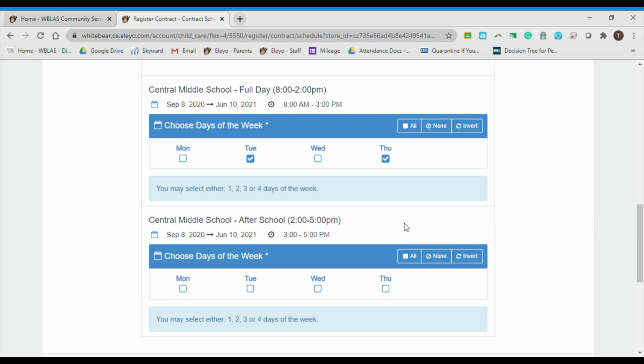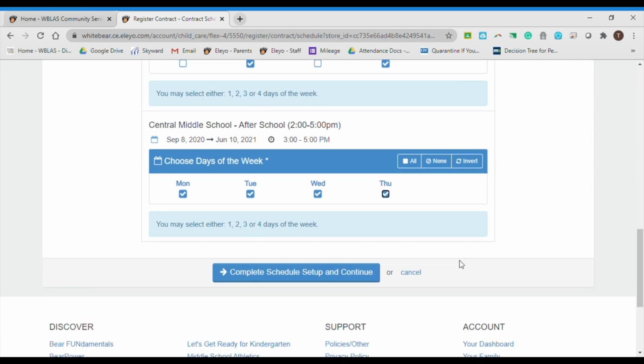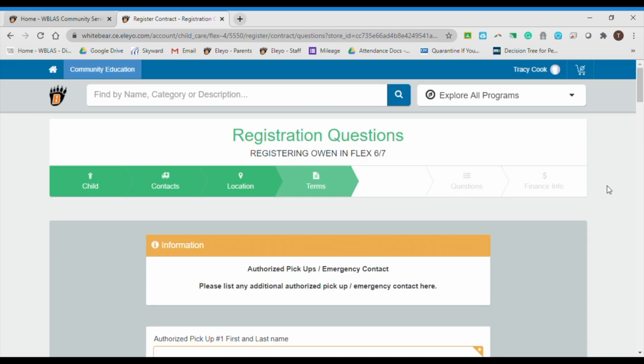In addition to full day care, you can also select an after-school option. This is where it might vary a little. Since my student attends school on Monday and Wednesday, I do still need them to attend after school from 2 until 5 p.m. on Monday and Wednesday. And in addition, I've already selected the full day care on Tuesdays and Thursdays, so I'm also going to sign them up for the after-school program on Tuesdays and Thursdays as well. If I didn't need those days, I just wouldn't select those boxes. Once complete, you may continue.